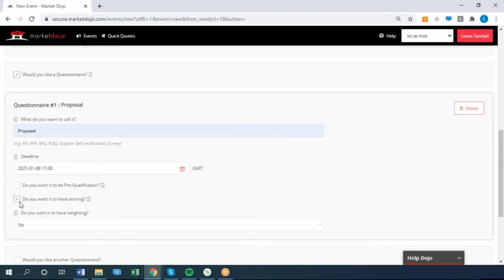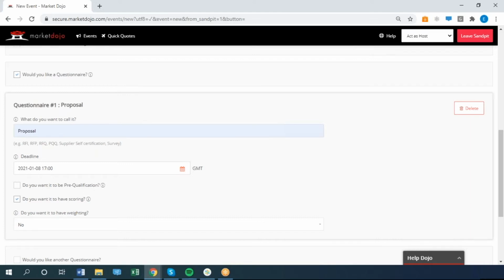We've got a couple of options here, whether we want to make our questionnaire pre-qualification and whether we want to include scoring. So making the questionnaire pre-qualification will make it a gateway set of questions that the supplier has to answer before they can move on to the next stage. So you might want to do this if you needed everyone to sign an NDA before they can do anything else, or if you wanted all of the suppliers to have agreed to your terms and conditions and met certain criteria before you want them to be able to answer any other questions or see anything else about the tender. I'm not going to take this one for now, but again, if it's something that you're not sure on and you would like a little bit of help on it, then do feel free to contact our support team